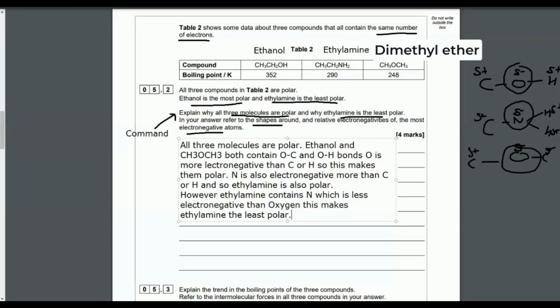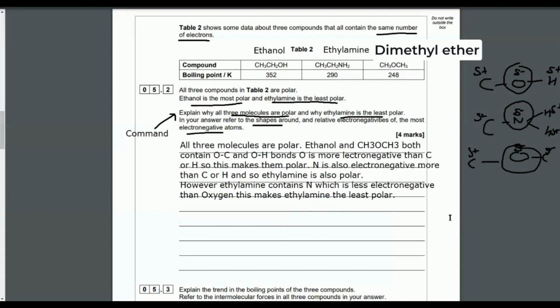So essentially, they are all polar molecules because they contain oxygen and nitrogen, which are electronegative. However, ethylamine is the least polar because the nitrogen is less electronegative than an oxygen atom. The difference between the electronegativity of nitrogen and carbon and hydrogen is less than the difference in electronegativity between oxygen and carbon and hydrogen. So we've covered two of the marks here, and we've explained why ethylamine is the